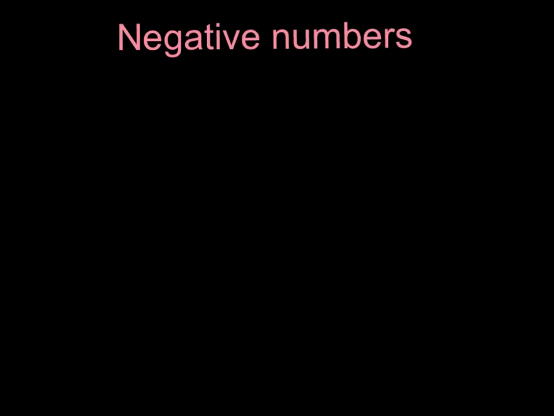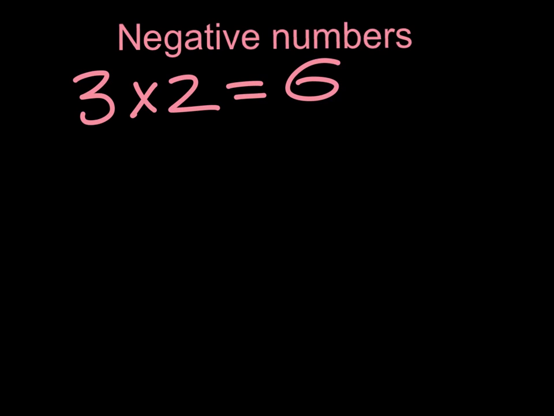Okay, so having a quick look at negative numbers. I'm going to first start off with a really nice easy sum, 3 lots of 2, because we all know that one is 6. Now, if I bring in a negative, so I want 3 lots of minus 2,